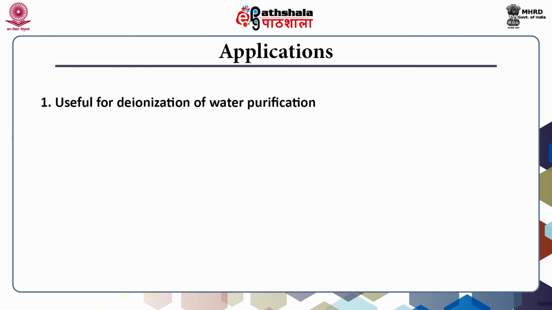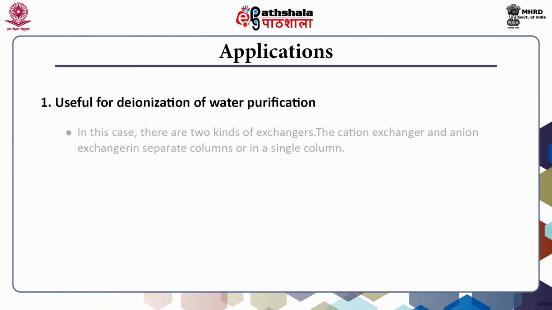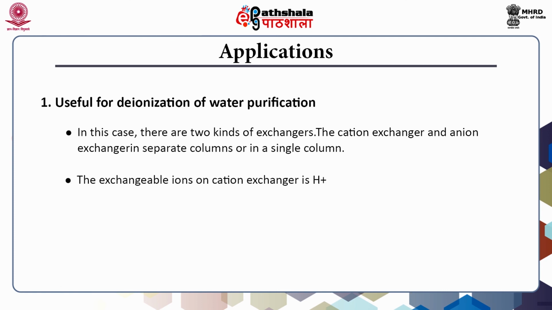Especially whenever we take water nowadays, we take RO water. This RO water is nothing but purified water from ion exchange chromatography. In this case, there are two kinds of exchanger in our RO system: one is the cation exchanger, another is the anion exchanger. Either they are present in separate columns or in a single column. The exchangeable ions on the cation exchanger are H plus ions, and the exchangeable ions on the anion exchanger are OH